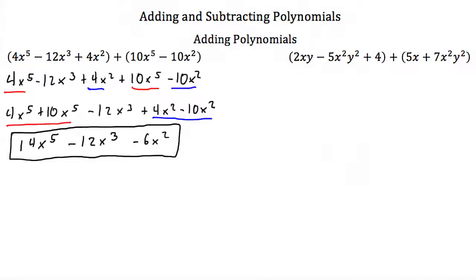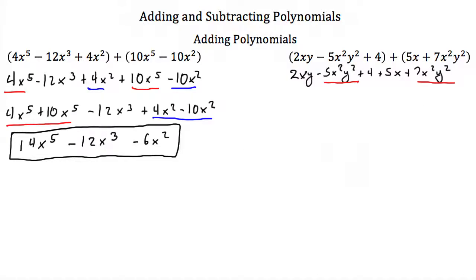Here we have 2xy minus 5x squared y squared plus 4, and then we're going to add 5x plus 7x squared y squared. Well, again, because these are multiplied, we don't need the parentheses. This just becomes 2xy minus 5x squared y squared plus 4 plus 5x plus 7x squared y squared. Now we need to identify our like terms. We have a negative 5x squared y squared and a 7x squared y squared, but those are our only like